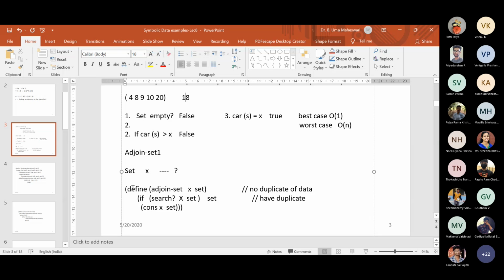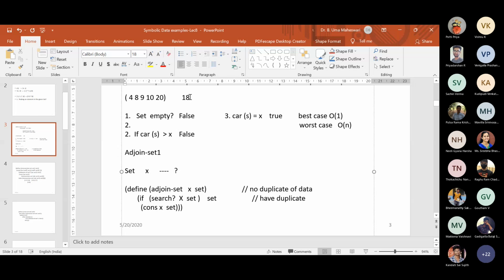Anyone of you? Yes, ma'am. We can just compare the adjacent elements actually, but since we have search procedure, we can use that also. Yeah. Can you write a program for this one? It is very simple to say the logic, but how will you write the program? How to write a program for the ordered list?